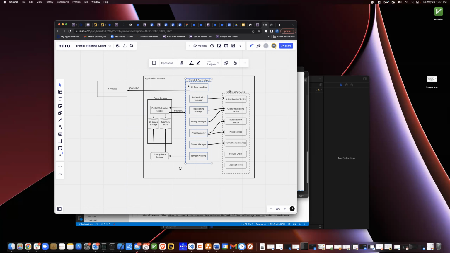And even though, for example, you can't actually query, this is where unit testing can help. Because we know, for example, what the probe service is supposed to be able to do, or what the probe manager is going to be, we know what it's supposed to be doing according to the functional spec. And so we can at least